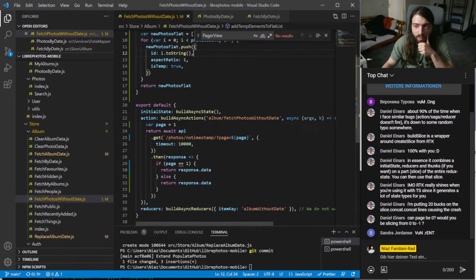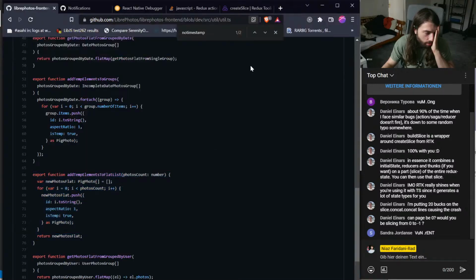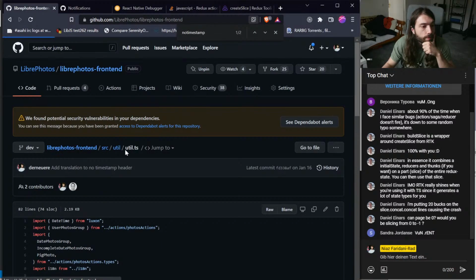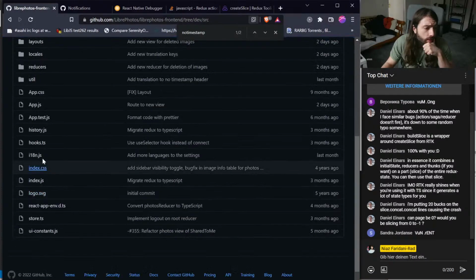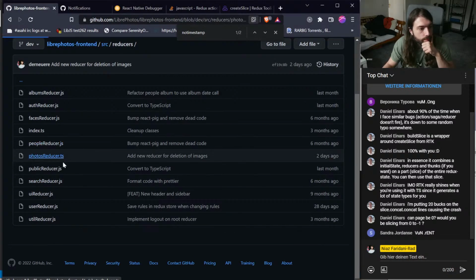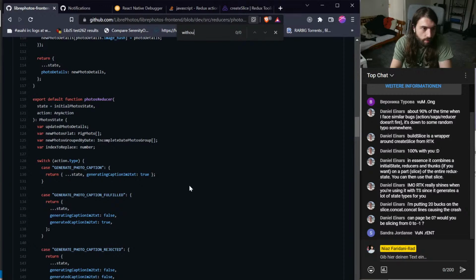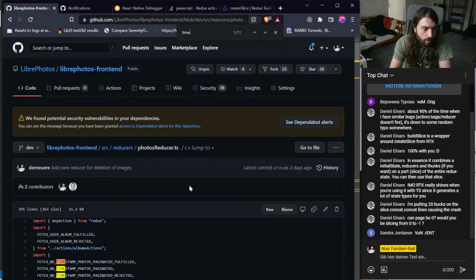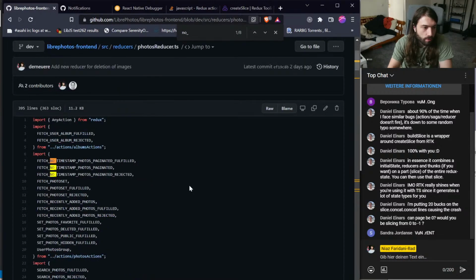Yeah, even more bots, amazing. No, I had some logic for that already programmed in the Libre Photos front end, the reducer, because I had to think of a couple of things without timestamp. No timestamp. Here we go.